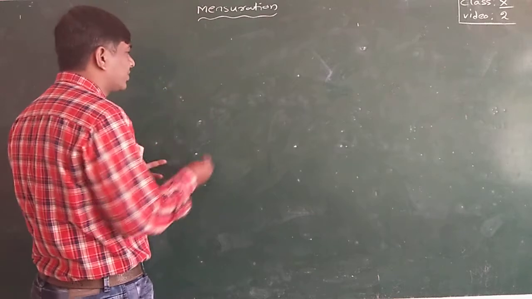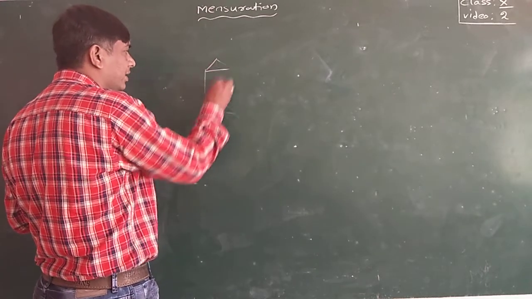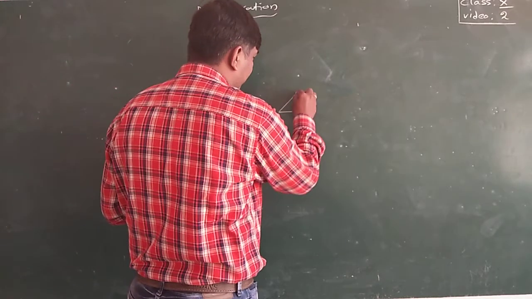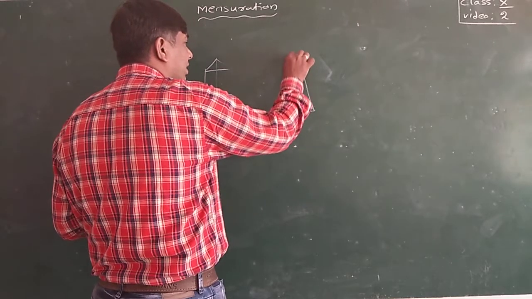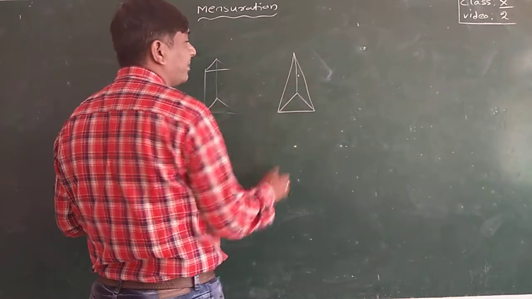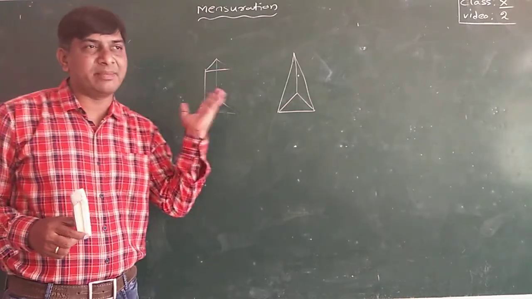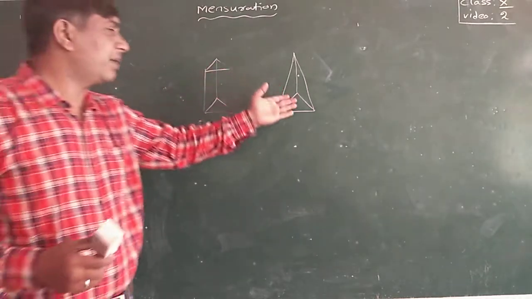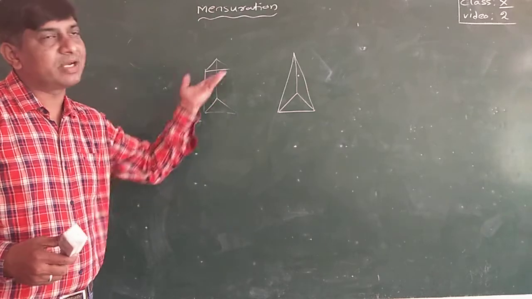Right prism. A prism is nothing but a base. Suppose this is a triangular base and here also a triangular base. If you join these, you will get a figure. This is called a prism. And this is one triangular base, and all these will join to one common vertex. So this is called a pyramid. Prism and pyramid are based on the base, which will be different. Triangular prism, triangular pyramid, square prism, rectangular prism, like that you may get.